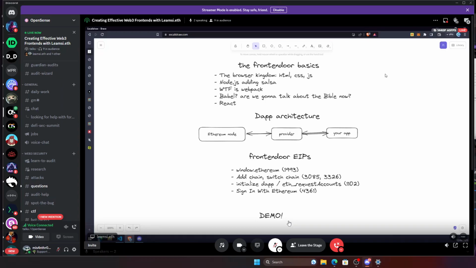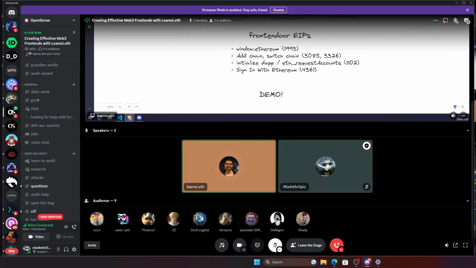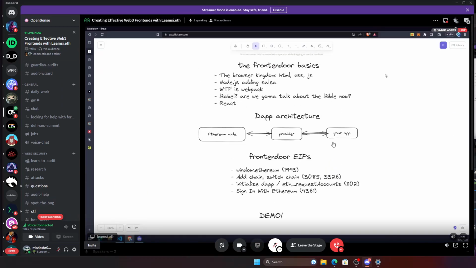It may be an Ethereum node or another chain that is EVM, but it's basically a website that has some kind of middleware that connects to an Ethereum node and sends JSON RPC requests. That is the way to contact an Ethereum node. So in the case of the browser, we have window.ethereum, that is like the standard, but window.ethereum is not the standard itself. The standard itself is the Ethereum Improvement Proposal 1993,